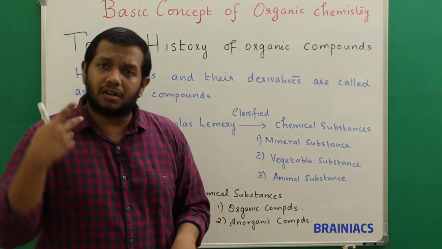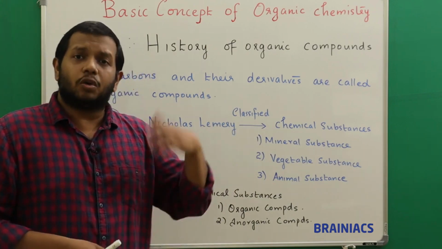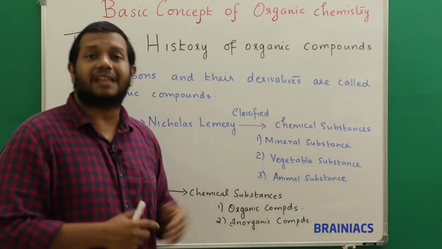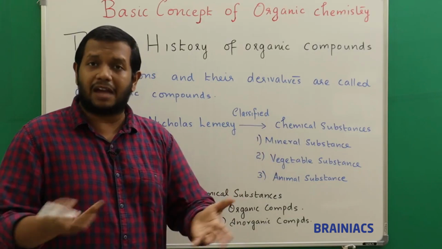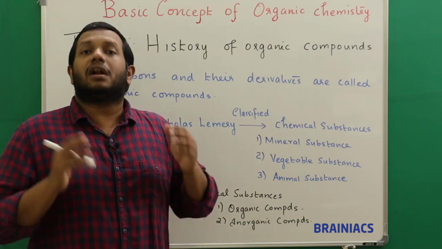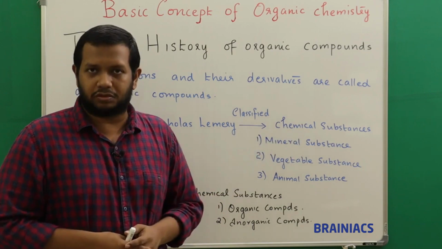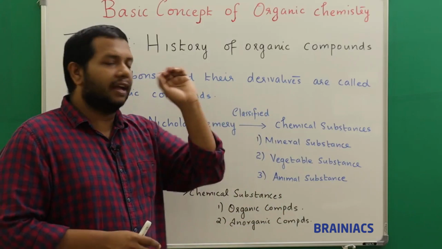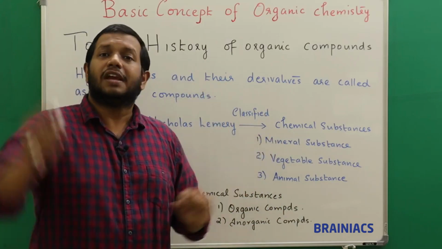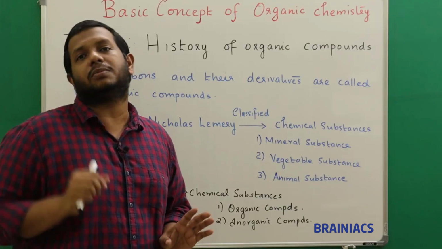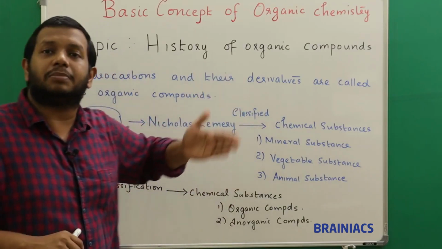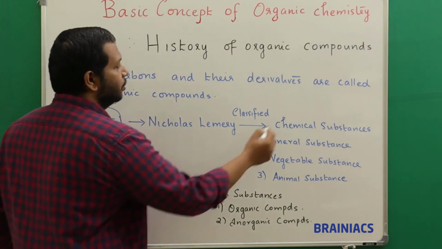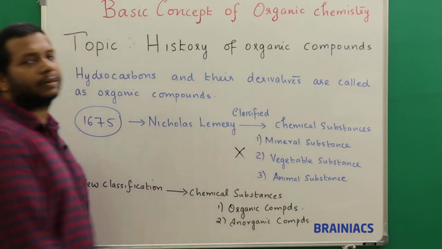But later it was understood that those things which they considered vegetable substances can be obtained from other sources as well, like animals. From animals also it can be obtained. So they understood this classification is of no use, because it failed completely. As per this classification a substance is classified as a vegetable substance if it can be derived only from vegetables. But they understood that it can sometimes be derived from animals also. So that's the reason why this classification was a failure.